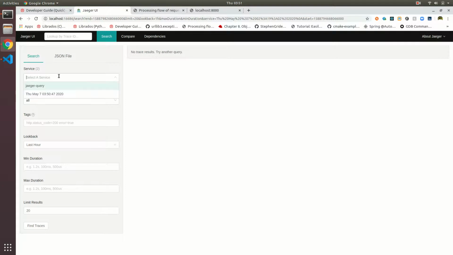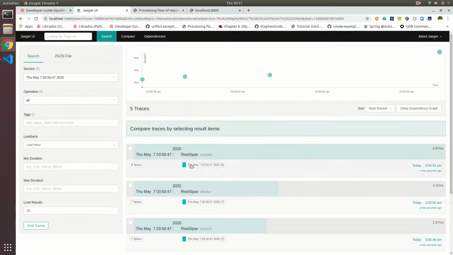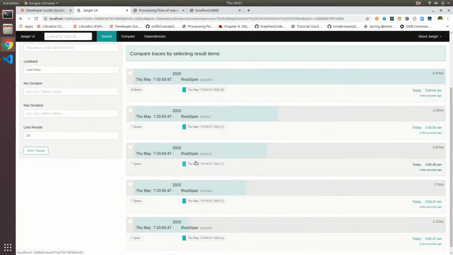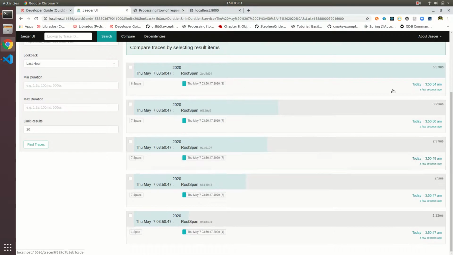So here we can see we have two traces. We have one trace, and this trace is responsible for tracing the request of the bucket list. If I click on this, I will get the list of spans, and these show the time of what a single thread of that request does.